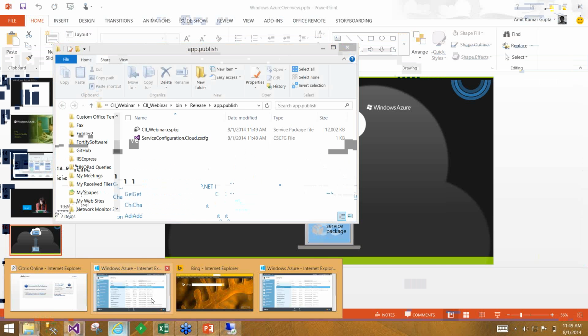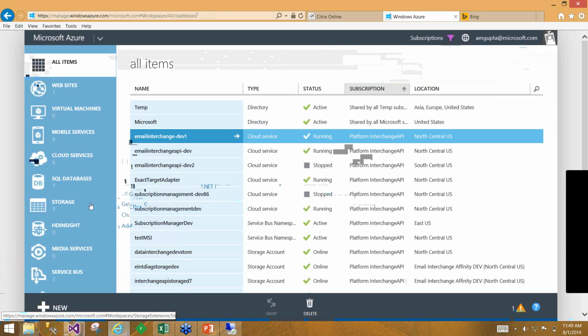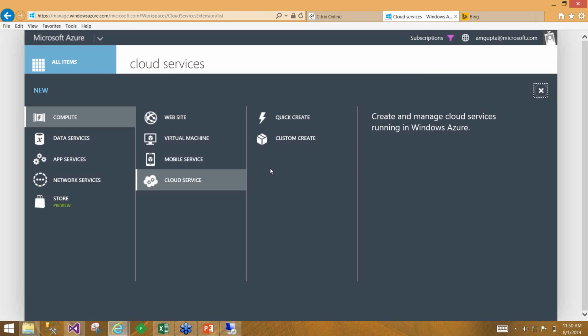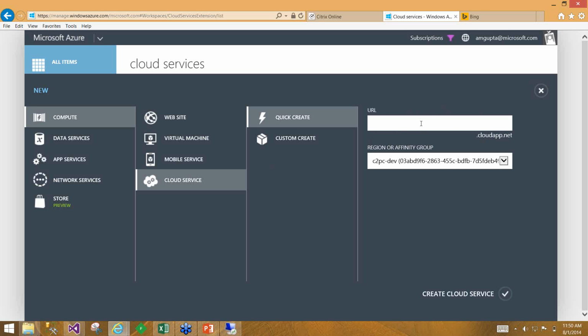Okay, let me go to Azure and go to cloud service. I'm going to create a cloud service for you, and let's see how it is created. I click on new and I click on quick create. When you click on quick create, you are asking for a kind of shortcut creation, and then you say, okay, what will be my URL? I will give a URL like